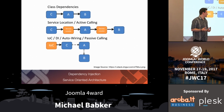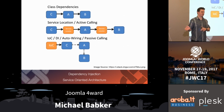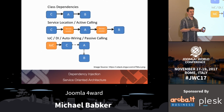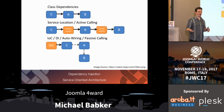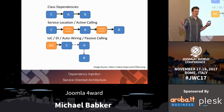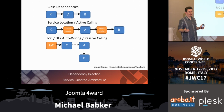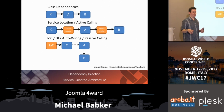So by introducing dependency injection concepts into our newer APIs and working out how to integrate them into existing APIs without causing more breaks, it improves our architecture for not only ourselves as the maintainers, but for you all as the users, because you get a more stable code base. And there's a lot of benefits here too, because we're now opening up new extension points in the platform for